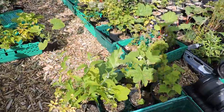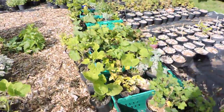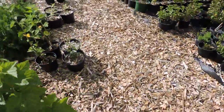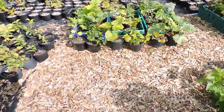So here are all these orders that came in just in the last day and a half, basically. You can see there's quite a few of them already, and there's actually a few more that have been reserved. We're already completely out of some stuff, but we do have